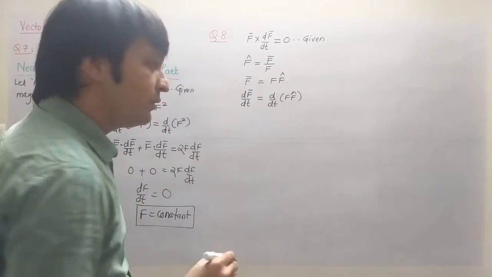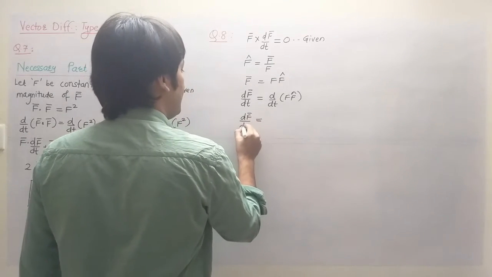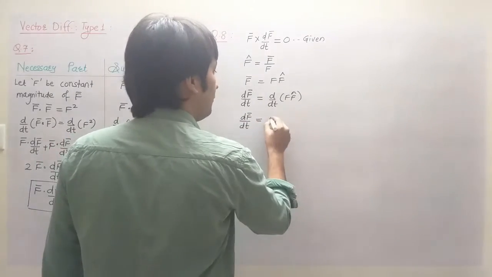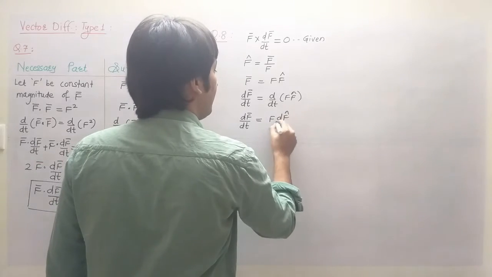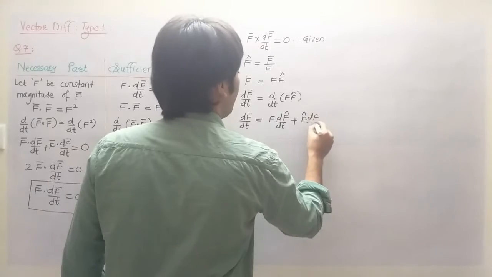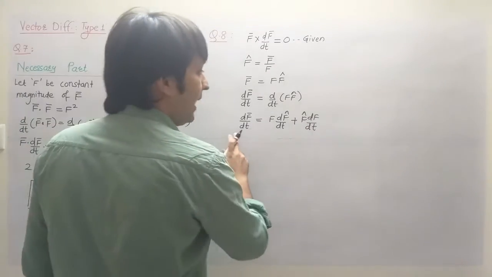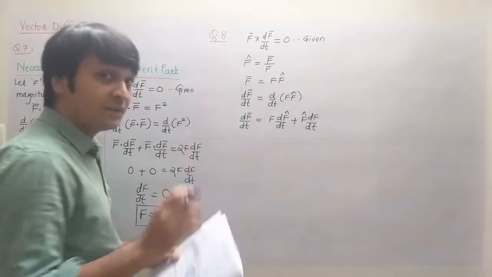I have to apply the UV rule. How? Just check. So it's going to be df bar by dt is equal to u derivative of v, correct, plus v derivative of u. So I got it like this. Got it? Check next. Now I am going to take cross product, and here we start step 1.